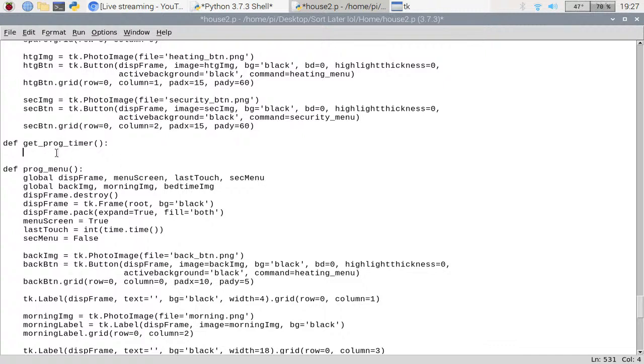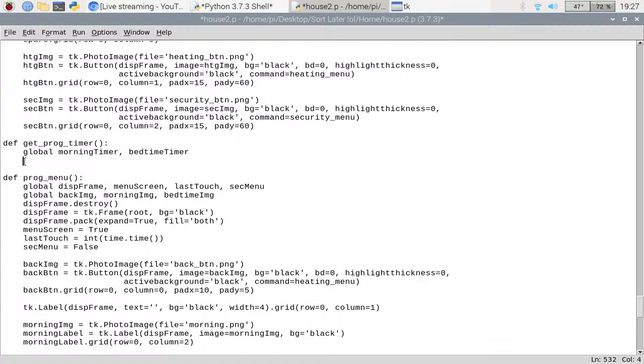So I need to create a string to set as the global morning timer. Okay, so we'll class that as that, and we'll have a bedtime timer, I guess, rather than bed timer. So morning timer